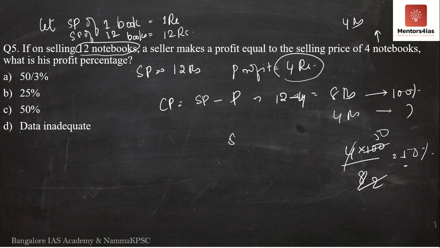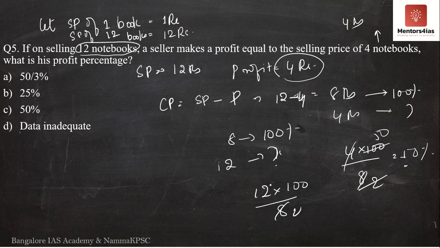It does not matter. Even if you take the selling price over here, what is the selling price? Selling price is 12. So it is nothing but 12 into 100 divided by 8. 4 to the 8, 4 3s are 12, this is 50, 150. So what is the difference? 100 and 150, again nothing but 50%, which we've already determined.